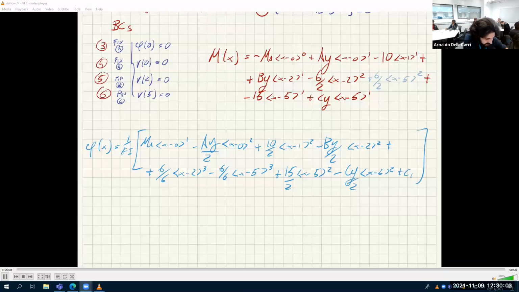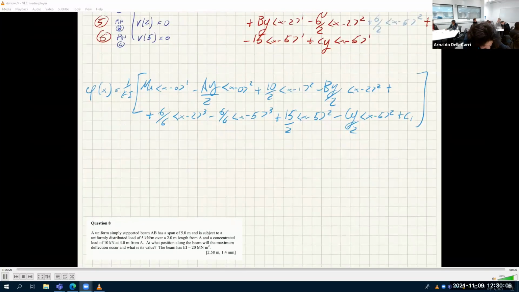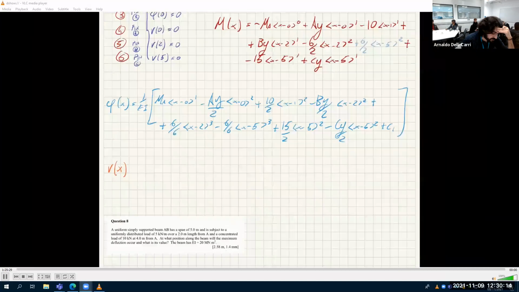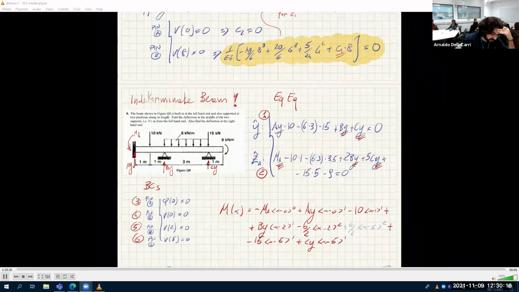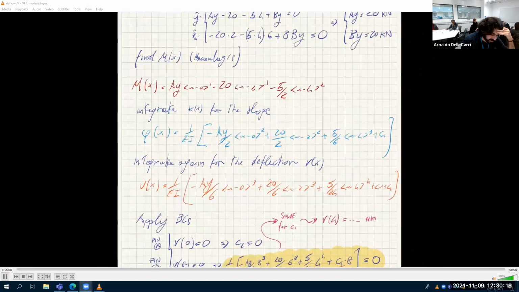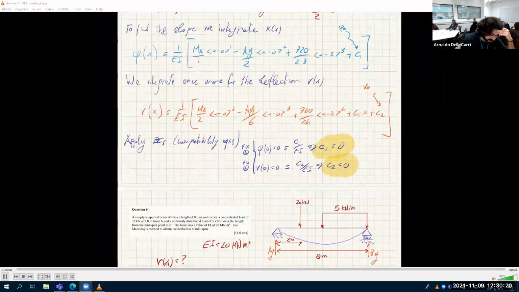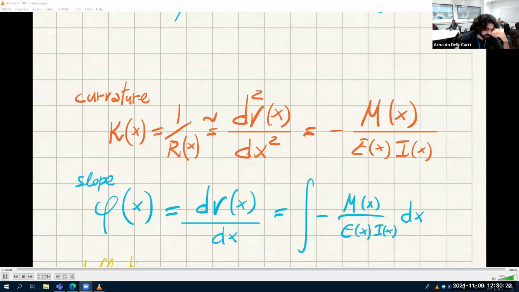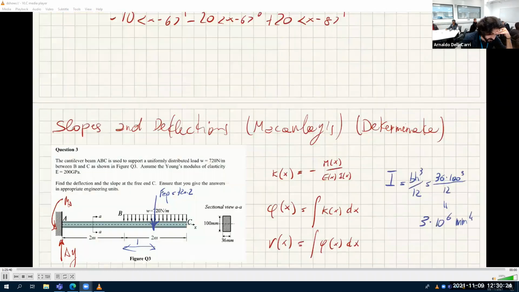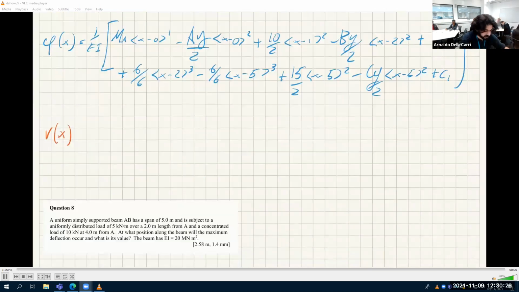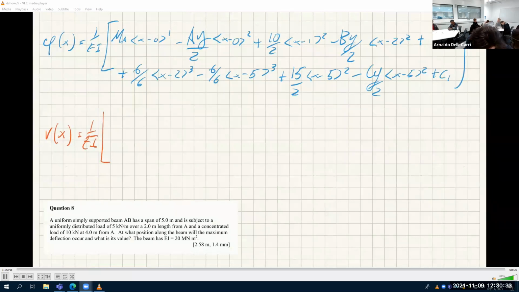And then we have the deflection expression. Because we have to change the sign. See, the equation is that you need to integrate minus this. So this is 1 over EI times